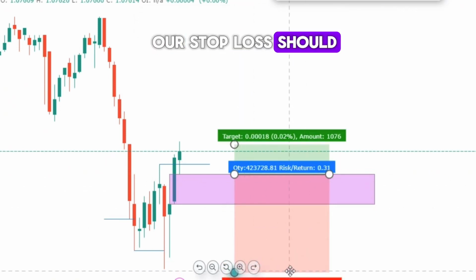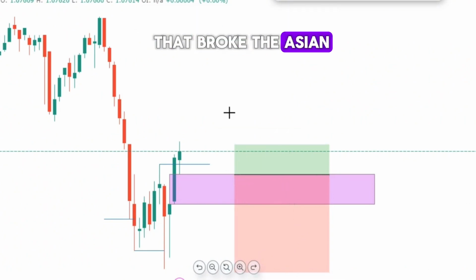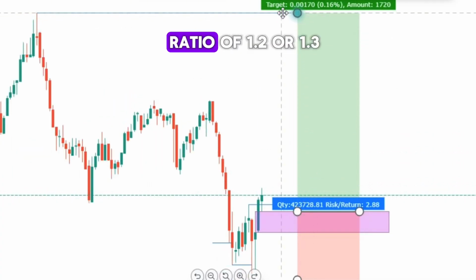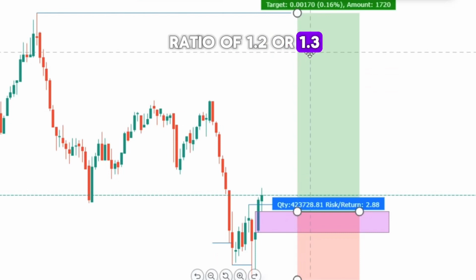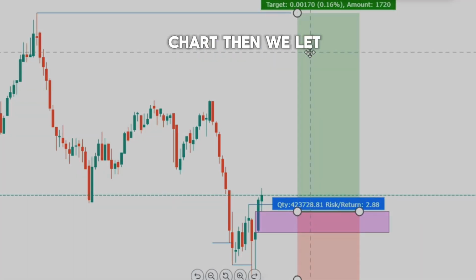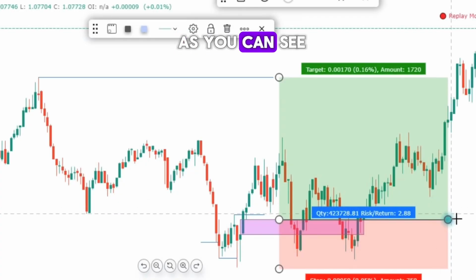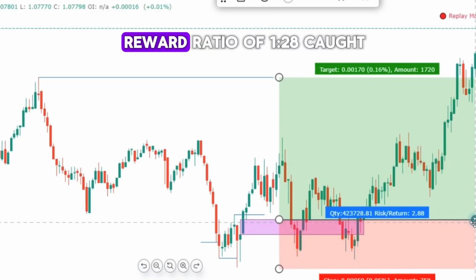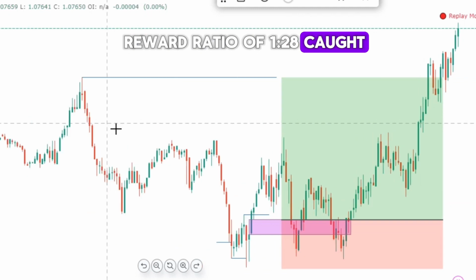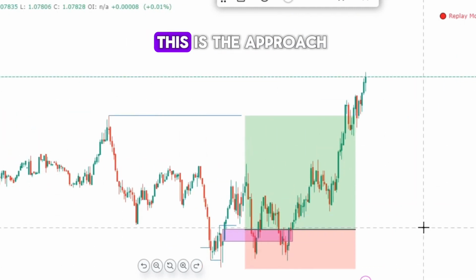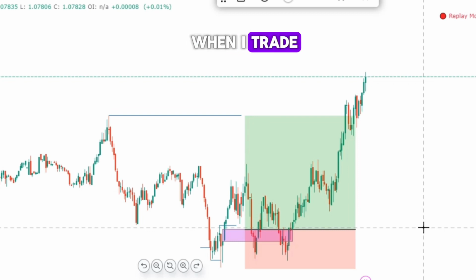Our stop loss should be placed at the lowest point that broke the Asian low, and we target either the Asian high or a risk-reward ratio of 1.2 or 1.3, as shown in the chart. Then, we let the market do its thing. As you can see, it was a beautiful trade, and it eventually reached a 1.3 risk-reward ratio. This is the approach I take every day when I trade, and I share it with